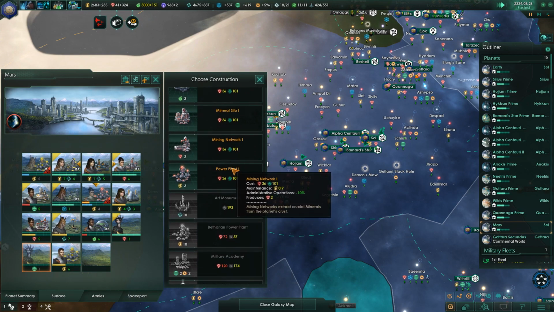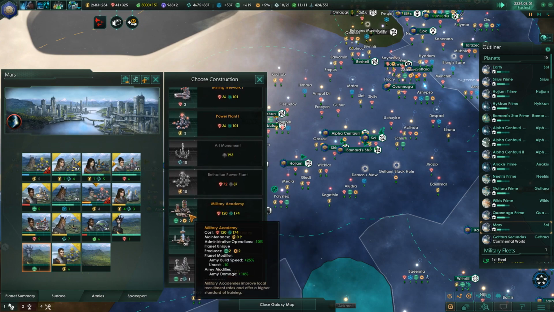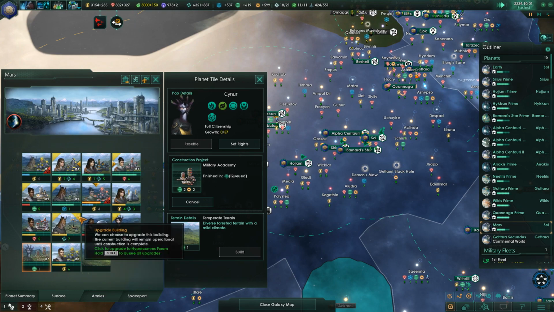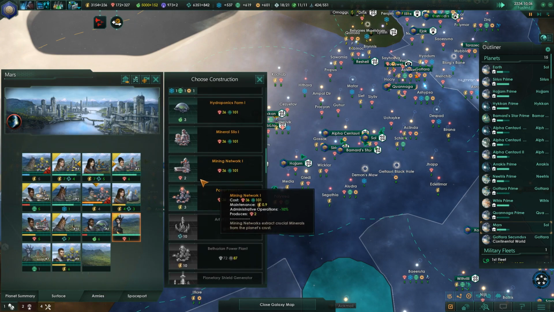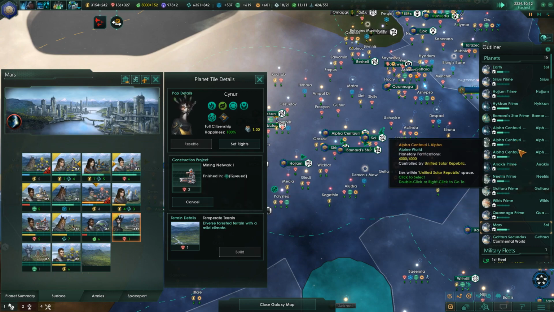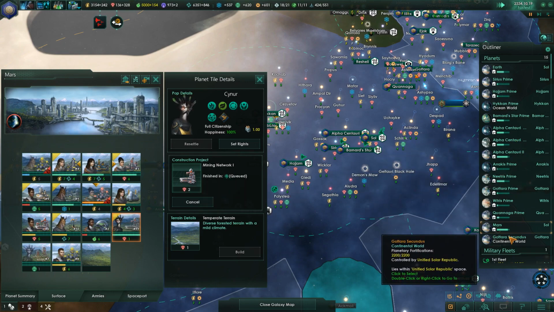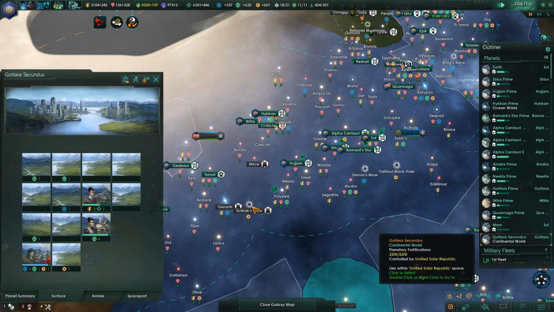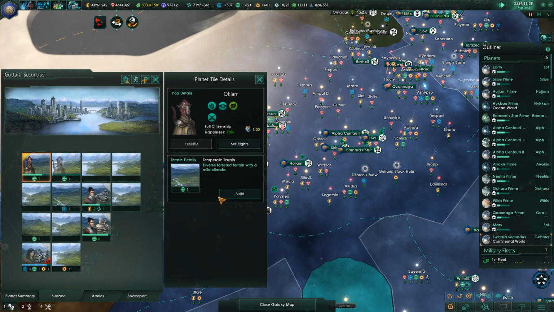Why don't we do a... I think we've already done a military... No, we haven't. Let's do a military academy there, on Mars. And we need to wait for a little bit for more resources to come in. But that's something I can do. I can wait. Mining network, there we go. And that's... okay, we got a Paradise Dome queued up on Mars, I think, right? Yeah, it's going right there. So now we just need one queued up on Gotara Secondus, but it doesn't...